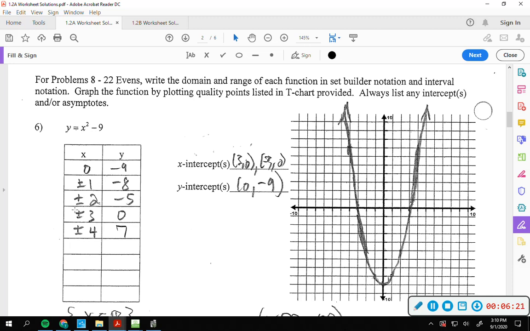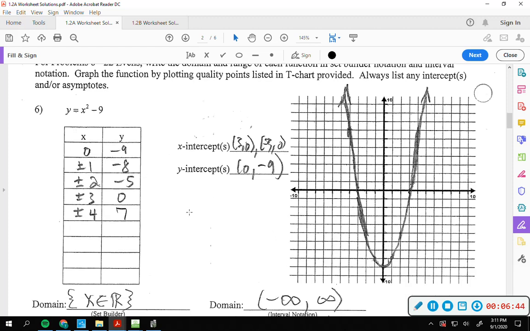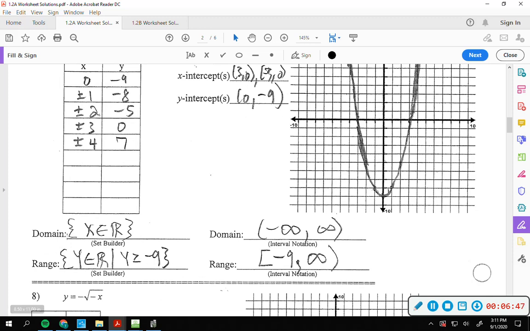On down the line. Okay, I shouldn't have to talk through each one of these. I think everybody's good. Notice, opposite signs produce the same result, opposite signs produce the same result, opposite signs, it's an even function. That's why this graph is symmetric about the y-axis. We could fold this graph over the y-axis and have the mirror image. I also ask you for some of this other information. Remember, I have this set up for you. This is why I created the worksheet, so you don't have to write down a lot of extra notation,